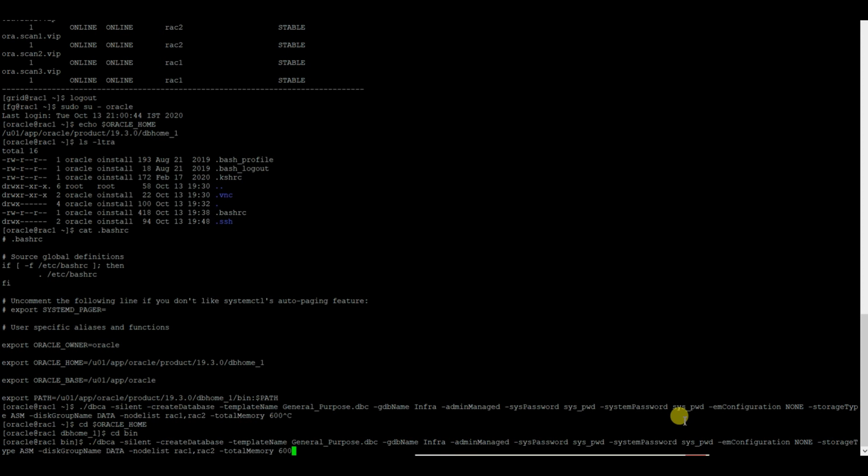I don't want OEM configuration, and the storage type is ASM, and the disk group name is data with these nodes. So I will just fire the command, and it will take some time for the database to get created.